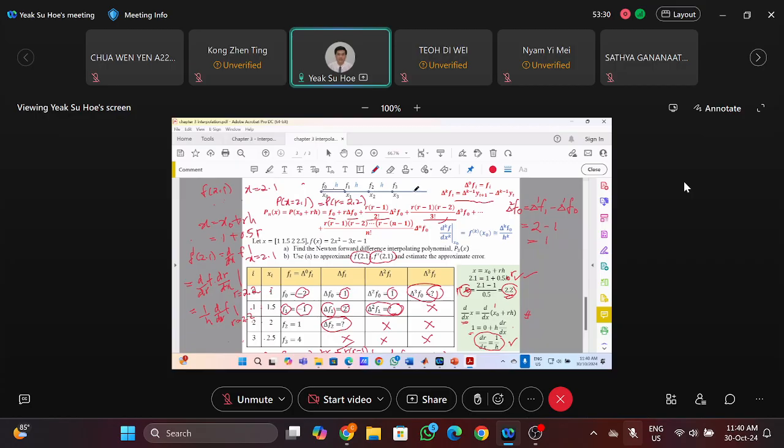So you can do the exercise now. So I try to mute the